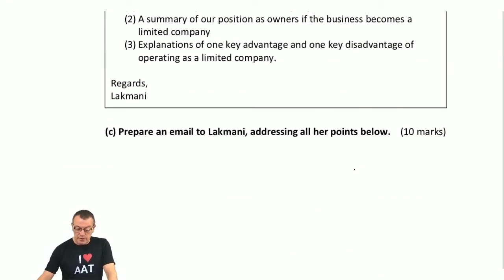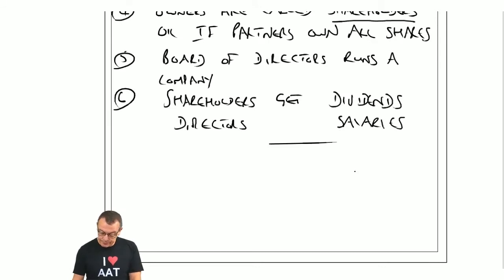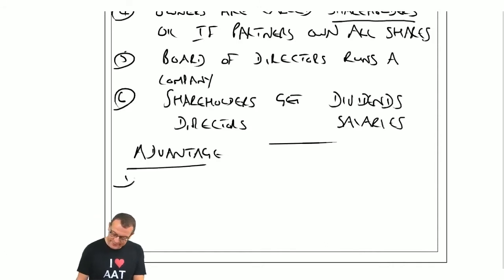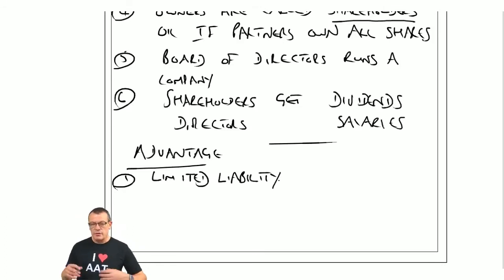What else are we looking at for this particular question? What's one advantage and one disadvantage? Well, let's have a look. One advantage, and I'm going to list this. Advantage. One, limited liability. In other words, if the company goes into liquidation or there is a loss, then the liability is limited to the amount of shareholders' funds. That's what limited liability is. It's a big advantage, whereas with a sole trader or a partnership, then they are totally liable. And a disadvantage: